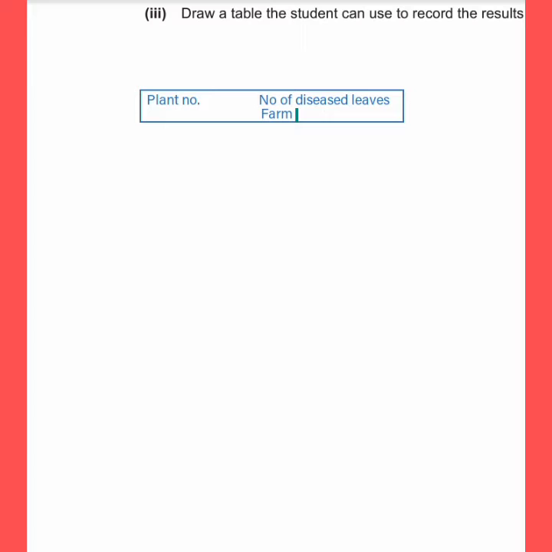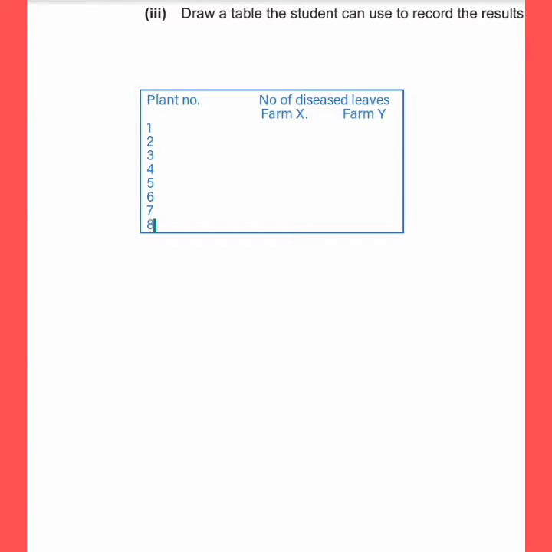So farm X right here, and then farm Y. Okay, farm Y right here. And now we can start numbering. So 1, 2, we know that there are 8 plants, right? 3, 4, all the way to 8, 6, 7, and finally 8. Okay, so that is how your table is going to seem like, and of course you